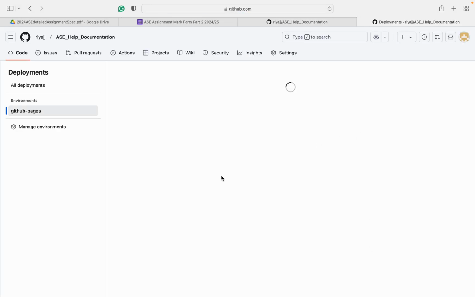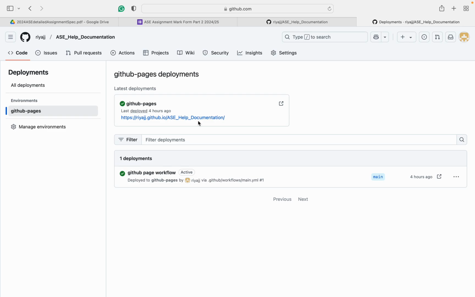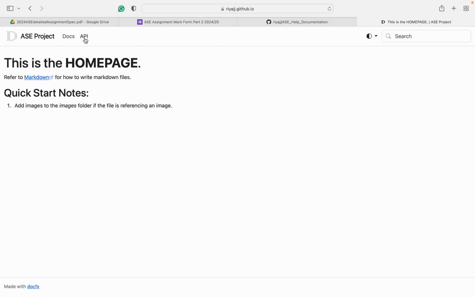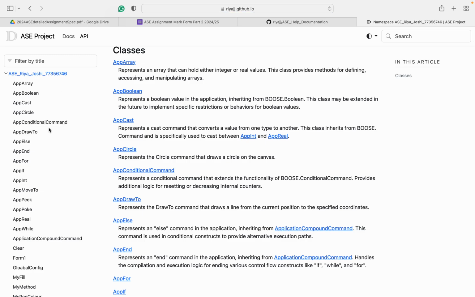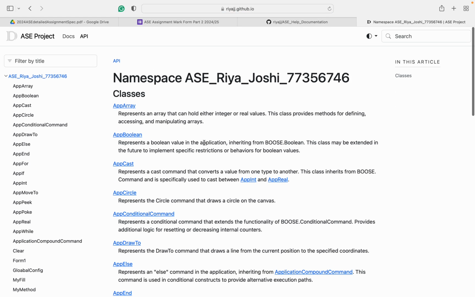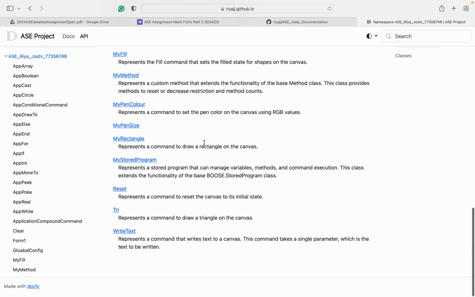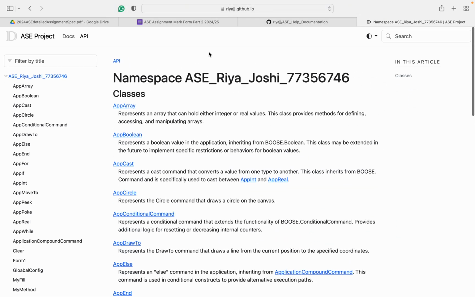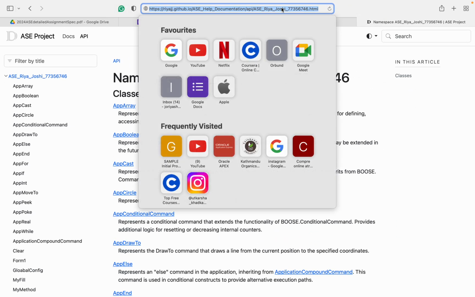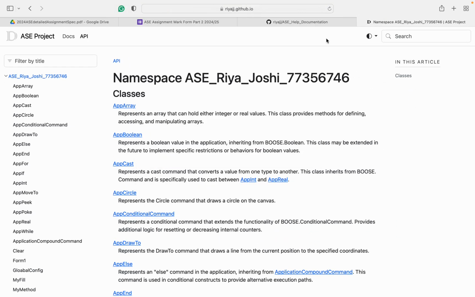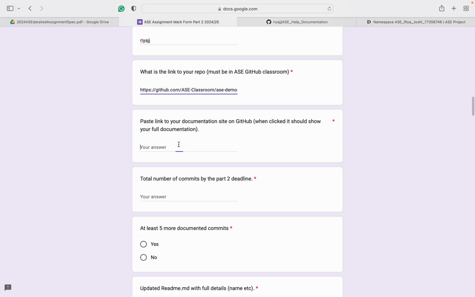We go to the GitHub pages to direct us to a link, and here we can see that all the documentations are done. Now this is the link for the full documentation. This is the link that will direct to the full documentation page.